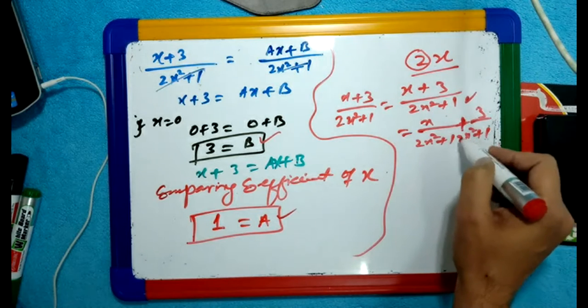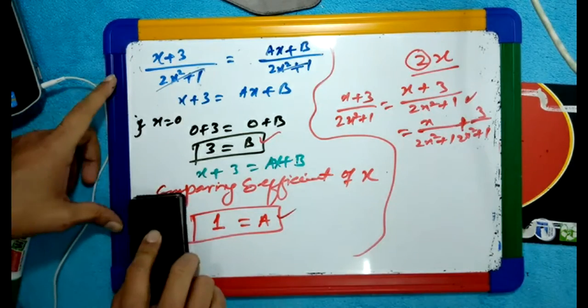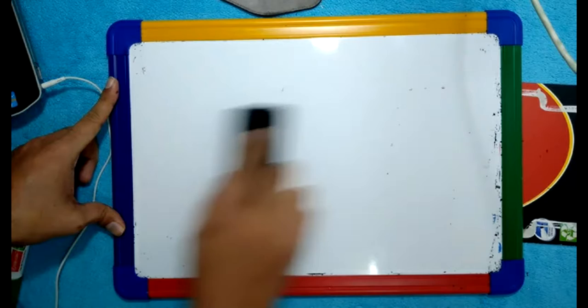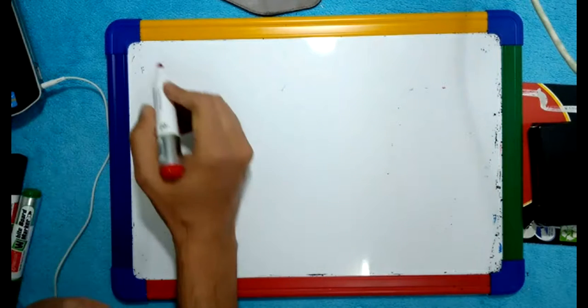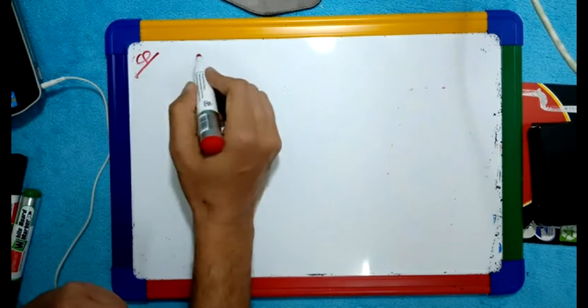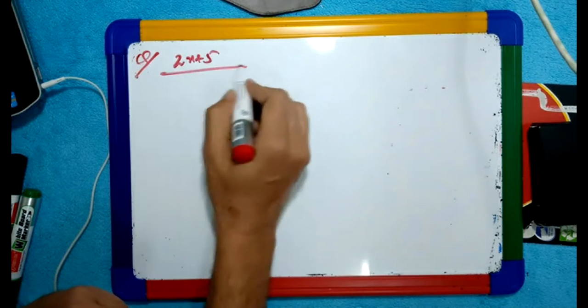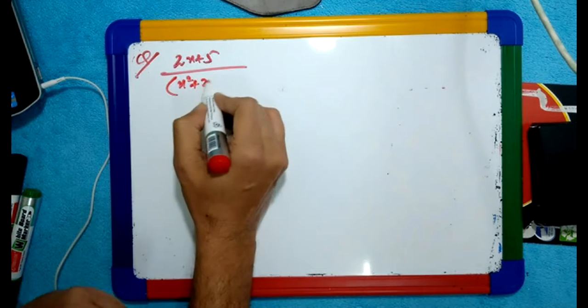Now I will write one more example that will have something more given in the denominator. This is the last condition you will learn, so you will cover most of the things. So 2x plus 5 divided by x square plus 2x plus 8